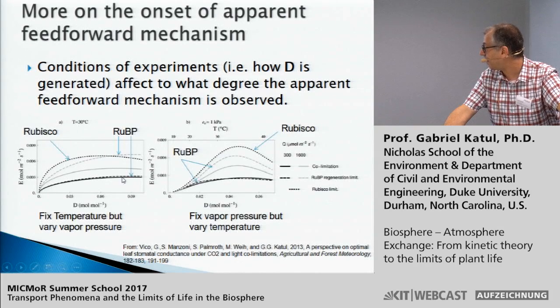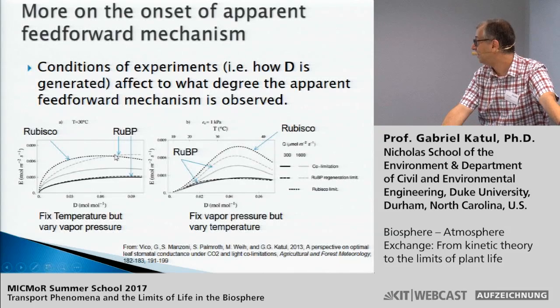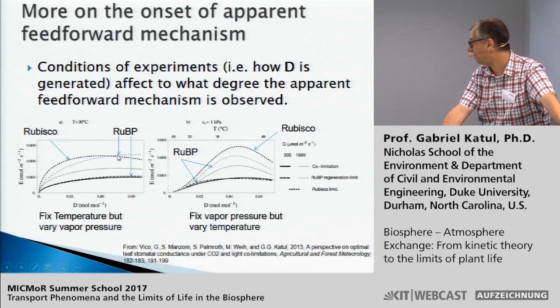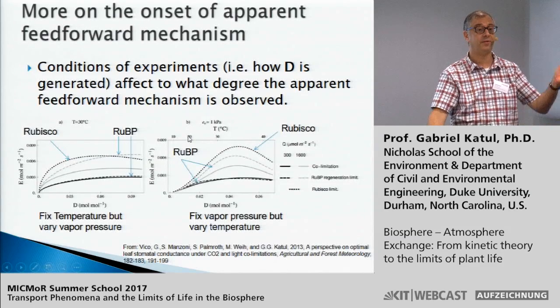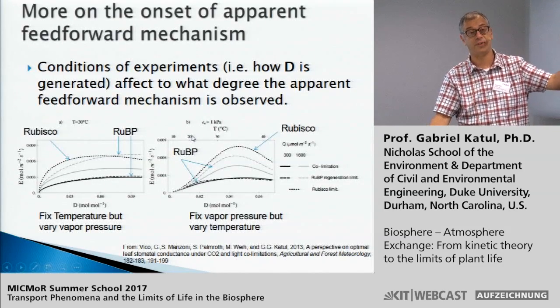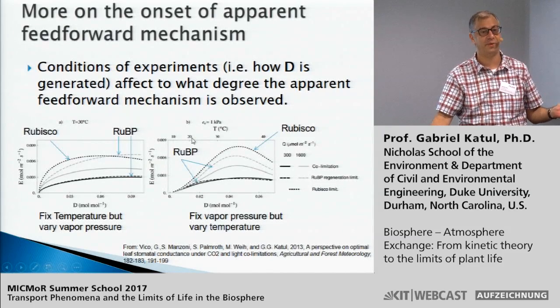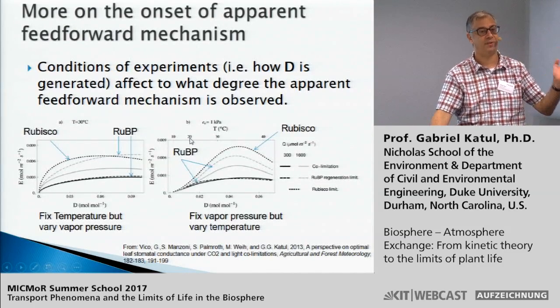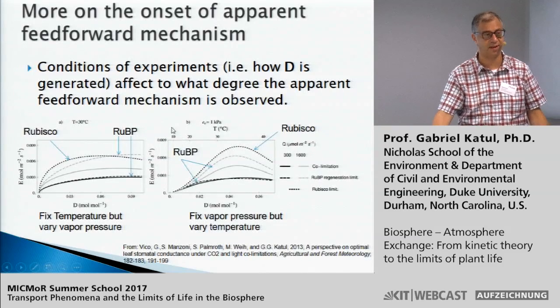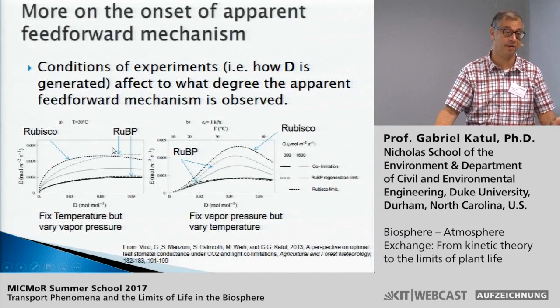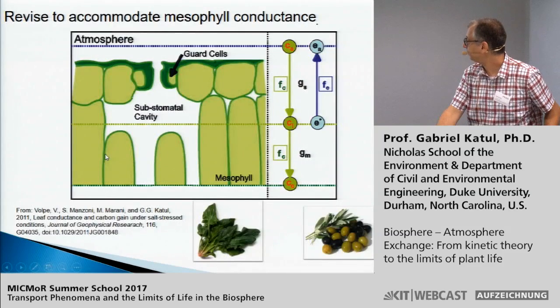on the photosynthetic parameters. However, even if you do the opposite, the Rubisco limitations will still exhibit apparent feed-forward mechanism, but you could prove mathematically that the light limitations or the RUBP regeneration mechanism will prevent it from happening. So this is an interesting result, strictly based on how you change vapor pressure deficit based on temperature or relative humidity. You could get an apparent feed-forward mechanism in your data or not. And that would suggest that if you take into account the temperature response of your photosynthetic parameters, you will blur basically the apparent feed-forward mechanism.